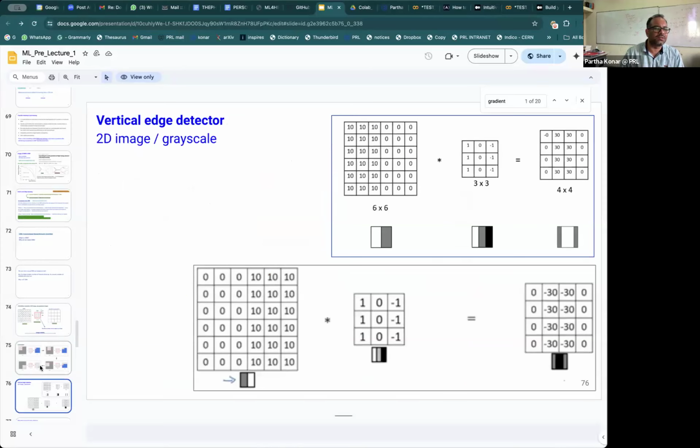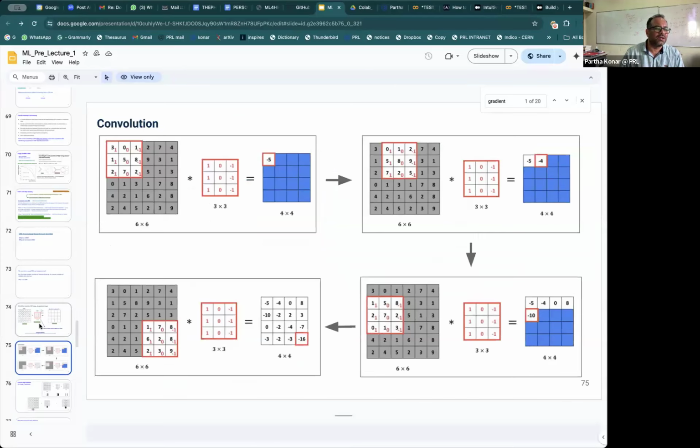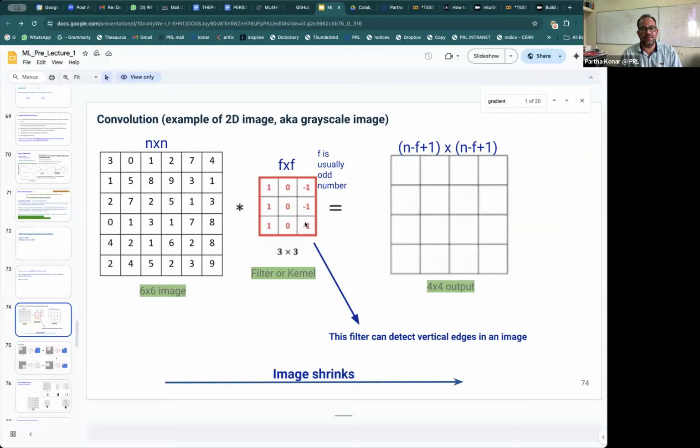Now you have a different filter. This is a 3x3 filter, and you take multiple copies of the filter. You run this filter over the image and shift it one by one. That creates the convolution, the multiplication of these matrices, and from that you get one number. This is very interesting because, unlike the previous way,